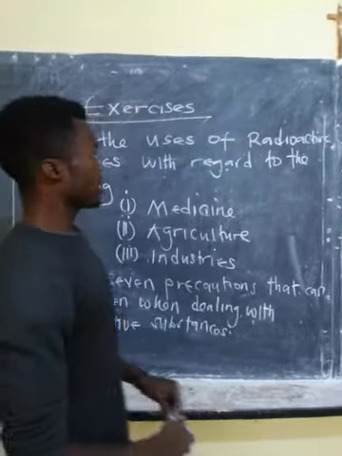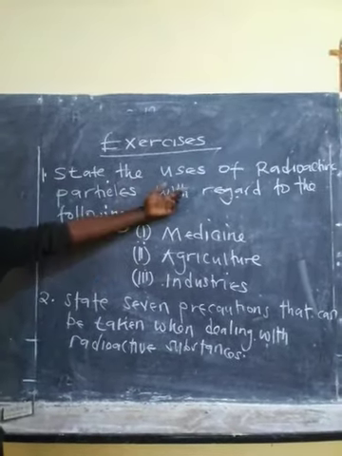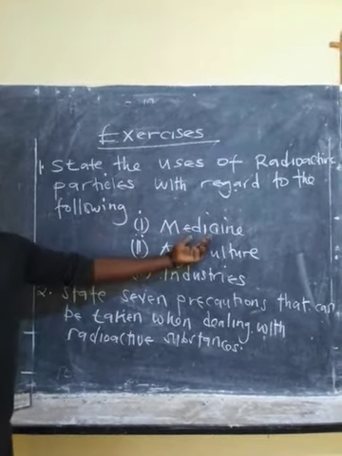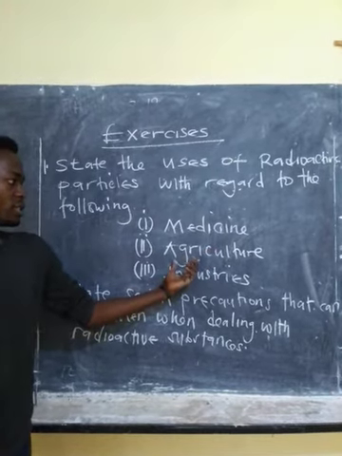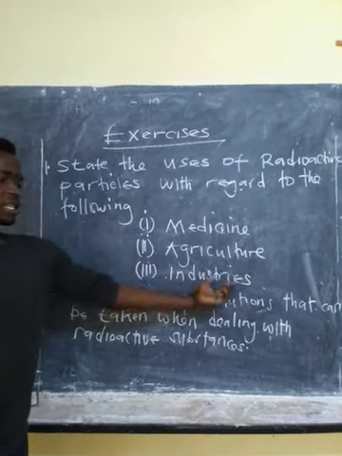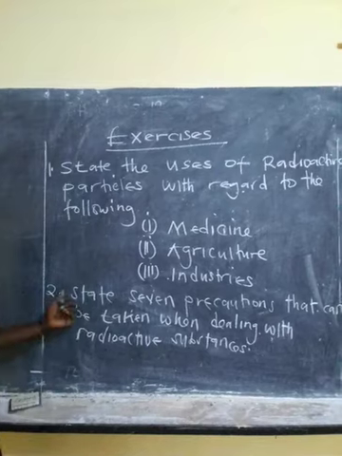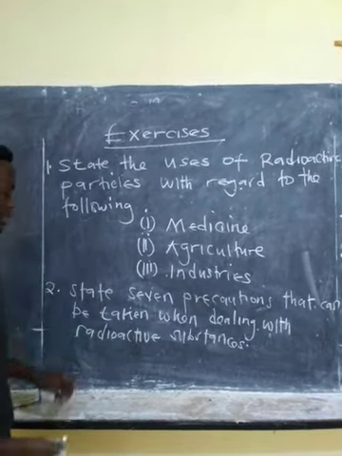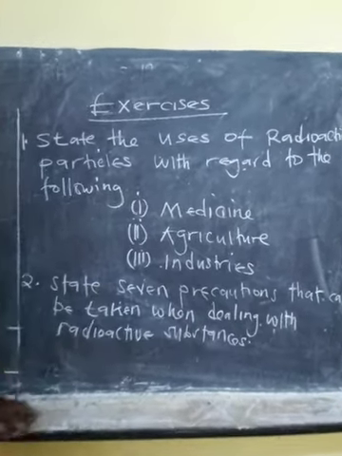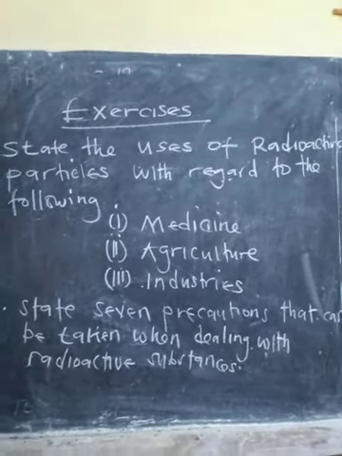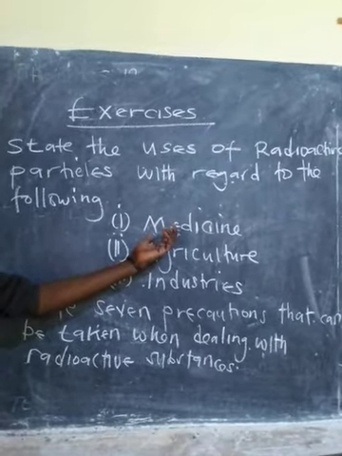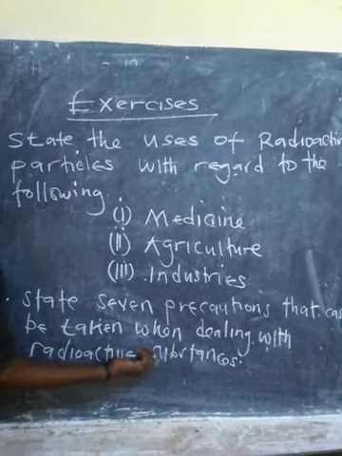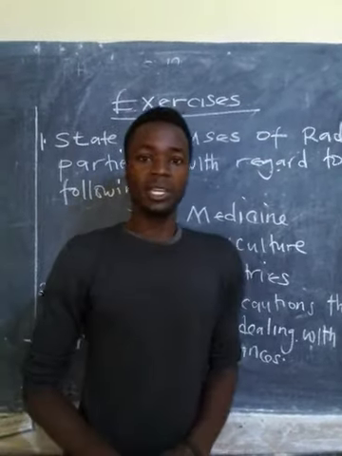Okay, so there is an exercise for you. So just take the uses of radioactive particles with regard to the following: medicinal purposes, then agricultural purposes, then also in industries. Then the next one, state 7 precautions that can be taken when dealing with radioactive substances. So you make sure that you state there, at least give me 4. Then there you give me 7. Okay, so this is where we are going to end. So I encourage you